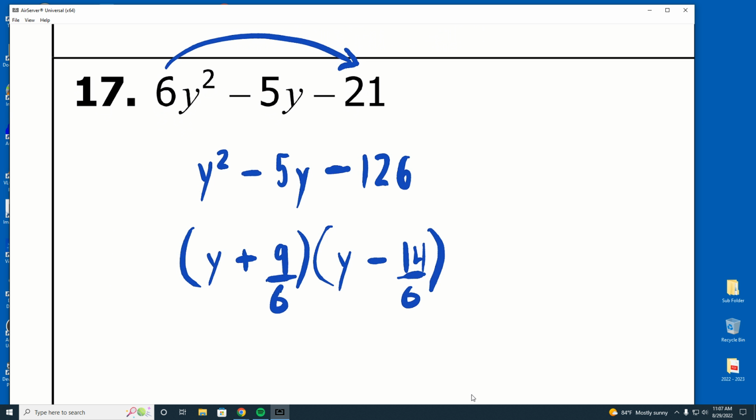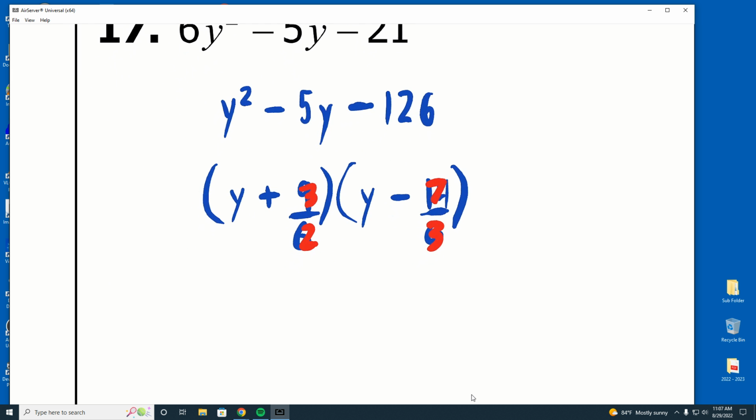We reduce them. What will 9 over 6 reduce to? No, not decimal. No decimals. Fractions. What will 9 over 6 reduce to? 3 halves. 3 over 2. What will 14 over 6 reduce to? 7 over 2. Oh, I'm sorry. 7 over 3. Right? So my factors are,